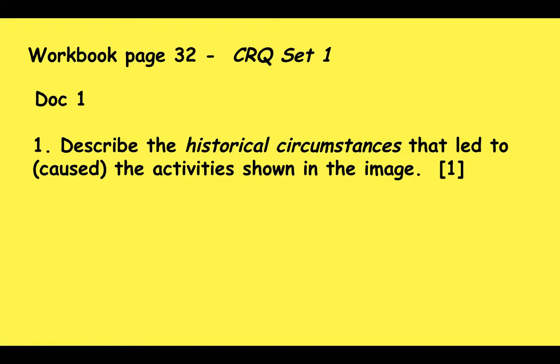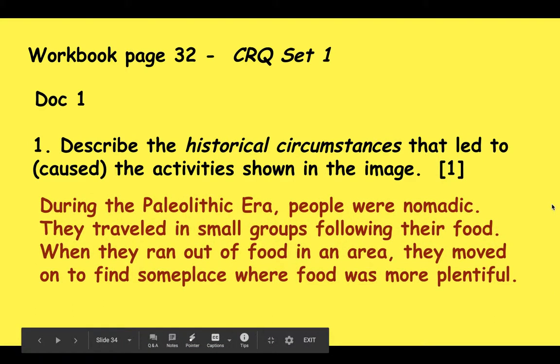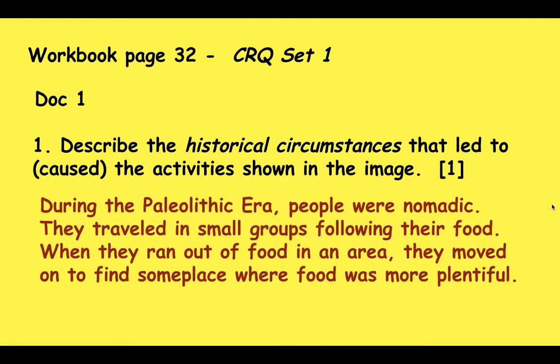Welcome back, my friends. So we're going to look at historical circumstances. So I looked at this picture and I said, what do I see in this picture? I see several people, not a huge group of people, 1, 2, 3, 4, 5, 6 people, and they're carrying, 2 of the men are carrying an animal that has been hunted. And you've got a woman on the ground and she is preparing some animal hide. So the skin from an animal. They might be using it for clothing or even for those temporary homes you see in the background.